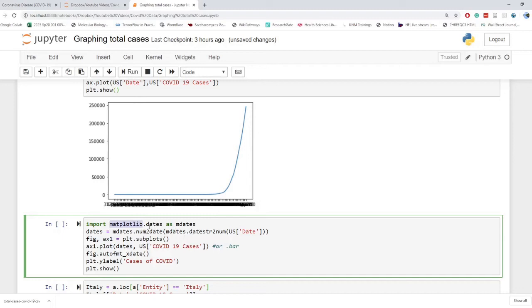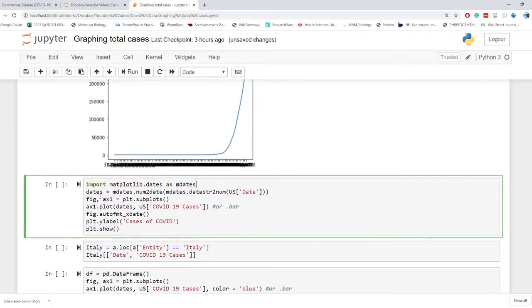So matplotlib.dates as mdates, that's just what people import it as, and you can store the dates as mdates.num2date, mdates.datestr2num of the date. What this does is automatically convert the dates we had stored in this data frame to dates that we can control. It makes them kind of numerical, and then the plotting mechanism can actually control what the axis is in this case. So then I pass in the fig and the axis 1 again to this,